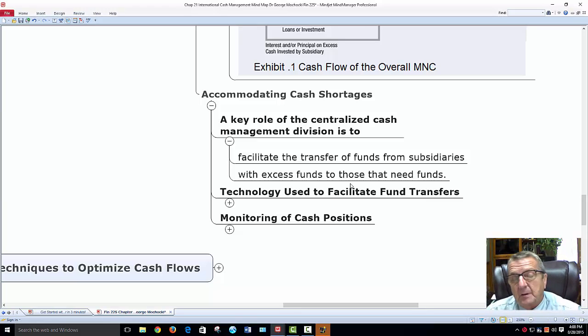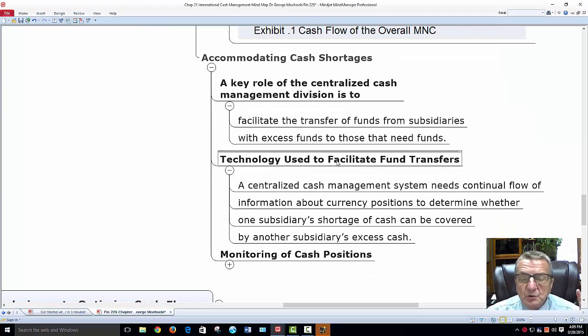Or you may ask the subsidiaries, do you have any need of cash? We need to help your brother or sister, subsidiary one or two, that needs some cash. Now, technology is used to facilitate fund transfer, and there can be glitches. Technology works all the time, but sometimes it has a glitch. So what do I do in between? How long is it going to be down? How do I transfer funds? How do I pay my bills? You should have some cash, because you may not be able to bring all the money out of the parent due to some technology issue.